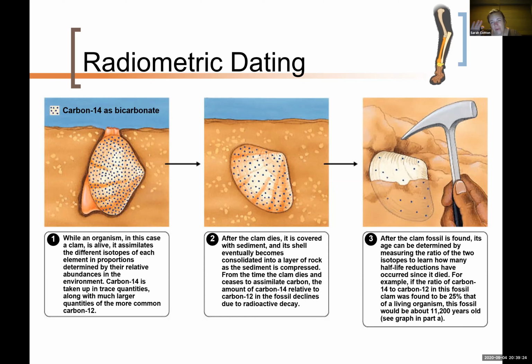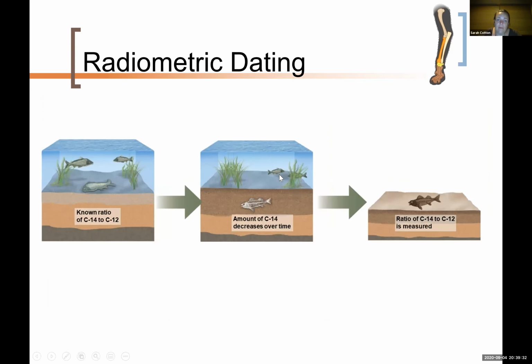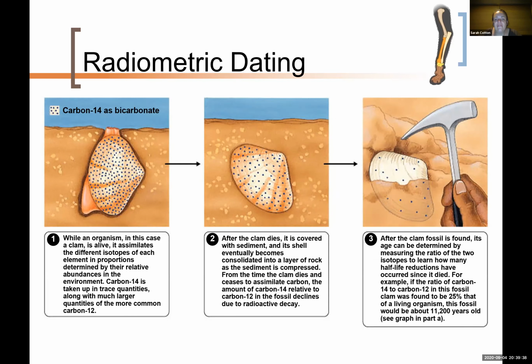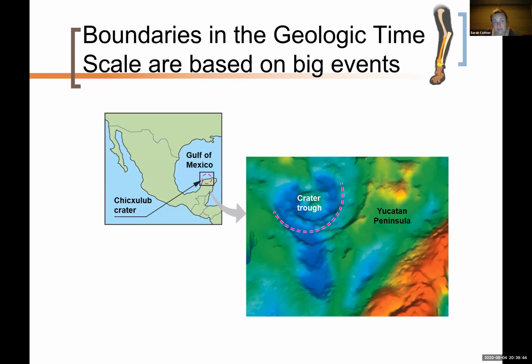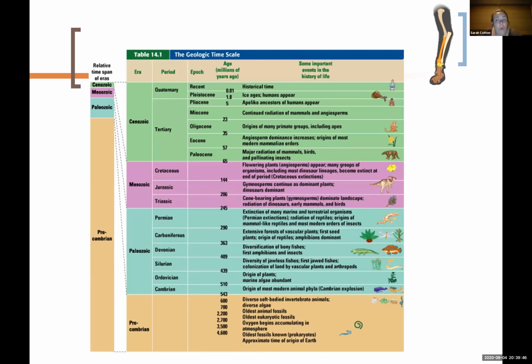which is the non-radioactive type. Okay, so like I said, I don't want to bore you too much with the details, but do watch the video because the guy in the little YouTube video explains it pretty well. One thing I do want to mention though is, this is how we give ages to things, radiometric dating. But this is a big but. Even before we had this technology, and it's been around a few decades by now,